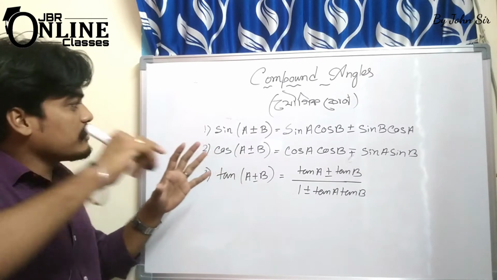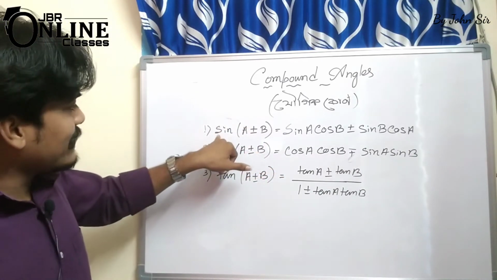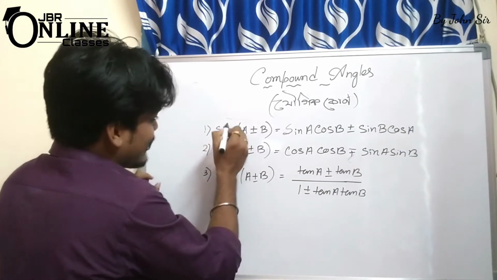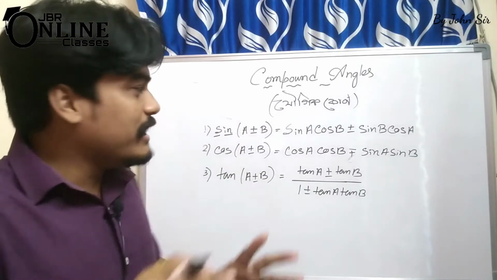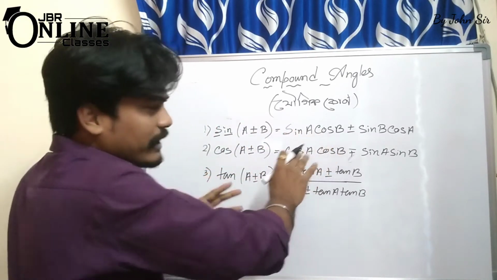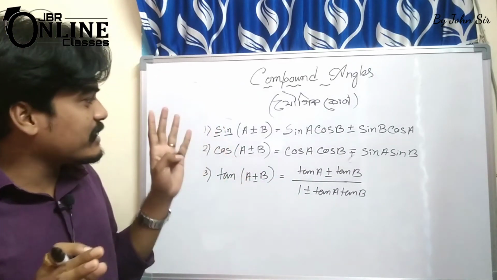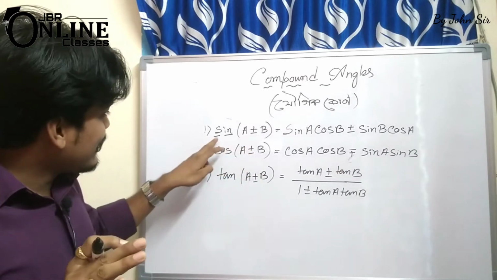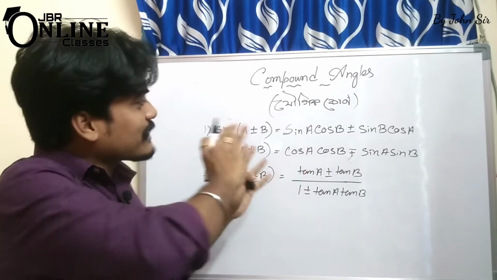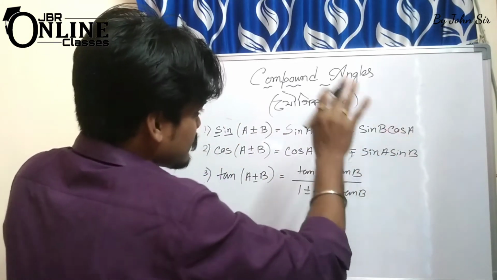Now first I am going to tell you some tricks to remember these formulas. As here sine, just remember that sine is 'in' for inverse, meaning opposite, so that means you have to use here sine and cos. This is just a trick to remember, it doesn't mean a formula. So sine and cos will be comparatively opposite, so sine A cos B, then sine B cos A.